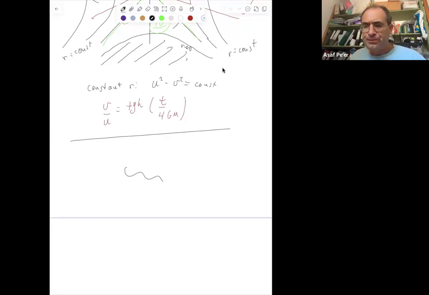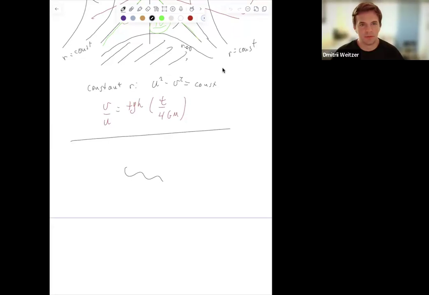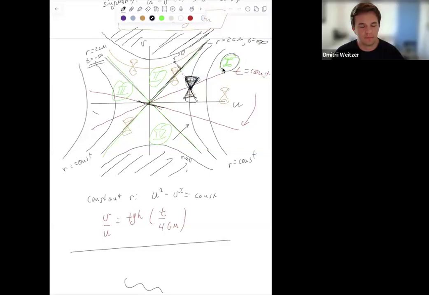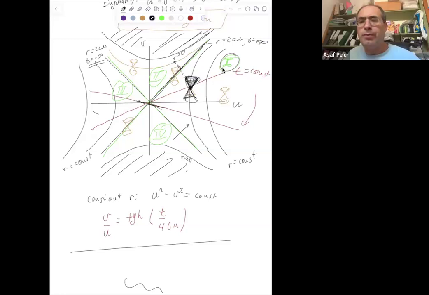So the third region, it's like a wormhole. Yes, in principle, to get from region 1 to region 3, what you need is a wormhole. What you really need is a way of being able to travel faster than light. Since there are no known particles in nature that can travel faster than light, there is no way to communicate